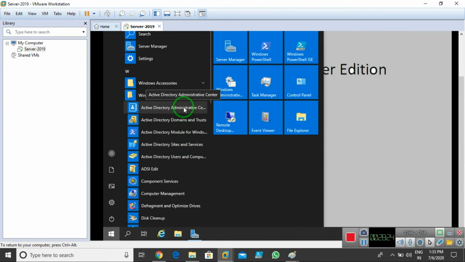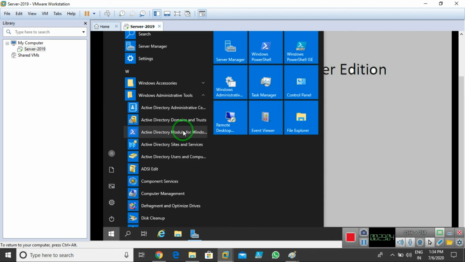With the help of Admin Center and Users and Computers, we are able to manage AD objects like user accounts and computer accounts. If I want to create or delete a user account, we can go for AD Users and Computers, or we can go for Admin Center. If I want to manage trust relationships, we can go for Domains and Trusts. If I want to manage my sites, the physical locations, we can go for Sites and Services. If I want to manage AD with PowerShell, we can use the Active Directory Module for Windows PowerShell. Windows PowerShell is a kind of CLI tool, a scripting or automation tool through which you can manage AD as well.